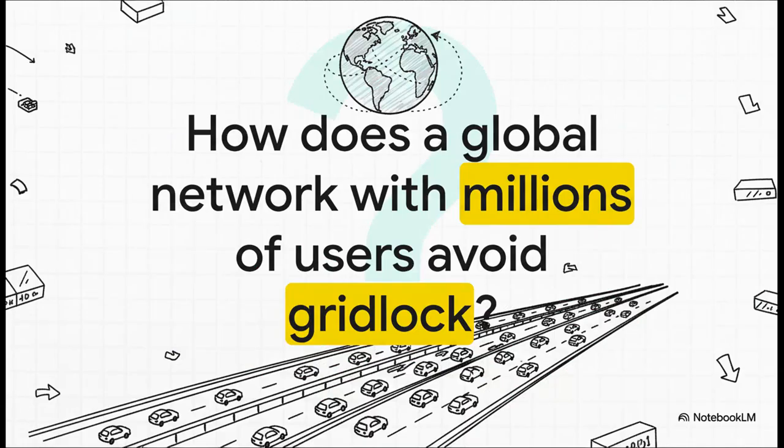So yeah, that's the big question, right? You've got this global network, millions of people all trying to get their transactions through. How does it not just turn into one massive traffic jam? I mean, think about a highway at 5 p.m. on a Friday. There's only so much asphalt, and if you don't manage that space really carefully, everything just stops,